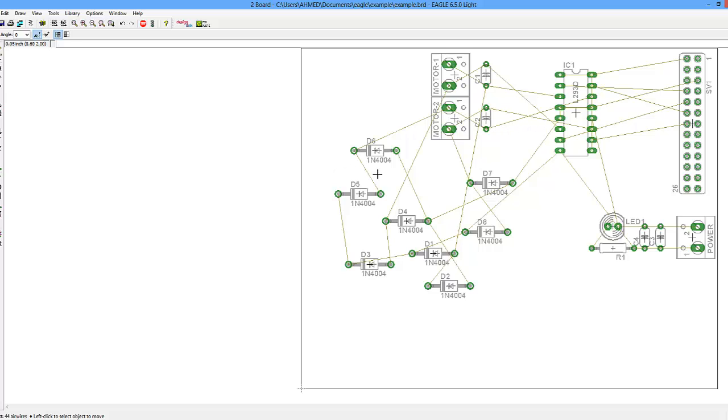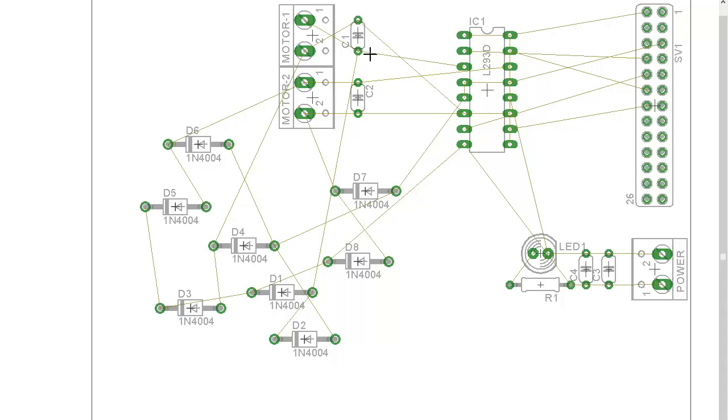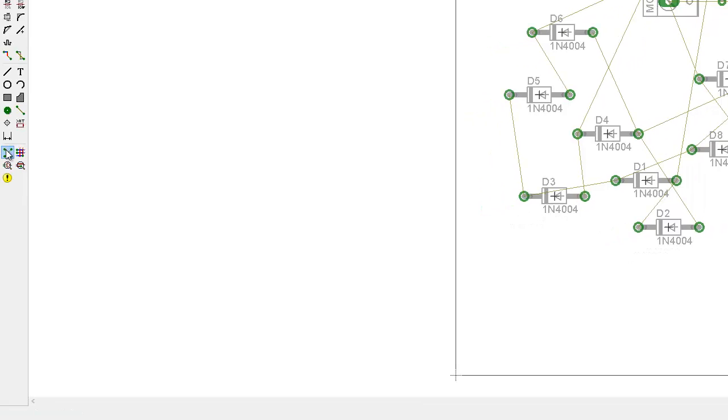Let's see. Now the connections of the diodes. Oh, see the capacitors, it's crossing. So if you do it like this, it's better. The more you make the wires straight without any crisscross happening between them, the better, because the auto router will not go crazy during the routing process. You make it easier on him, he makes it easier on you. So yeah,